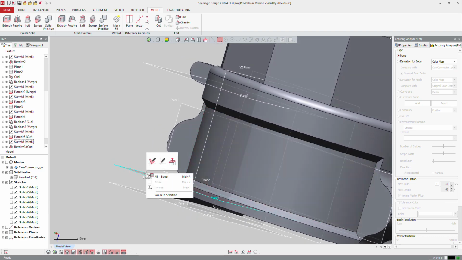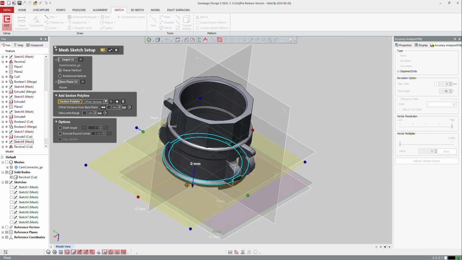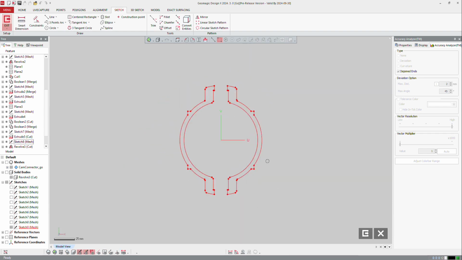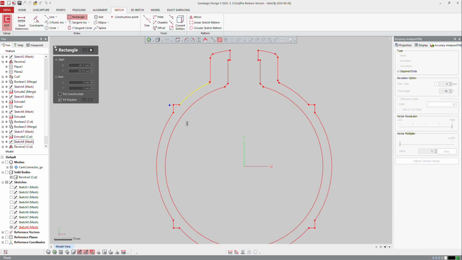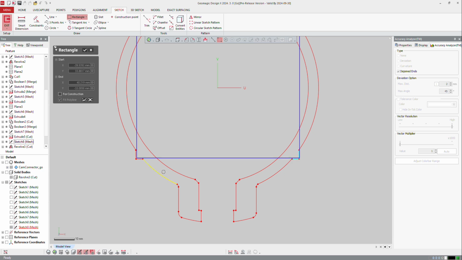And right mouse click here, mesh sketch again. Still the same process, make a big one and go inside the part. So inside the part, you can see that this looks like a square. So I will make here a rectangle, here, there, and it will fit automatically a rectangle on the selection and the last two here. And okay,